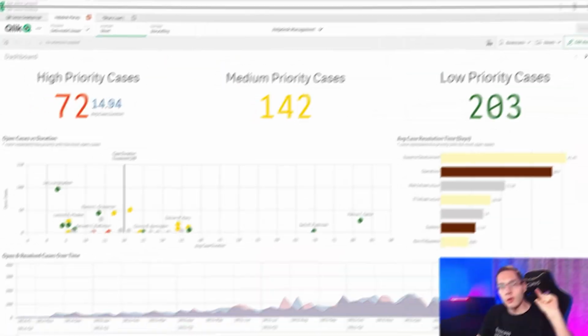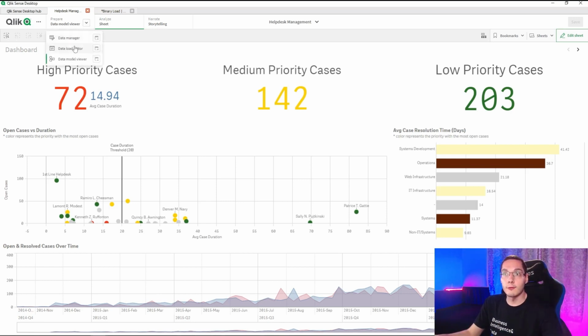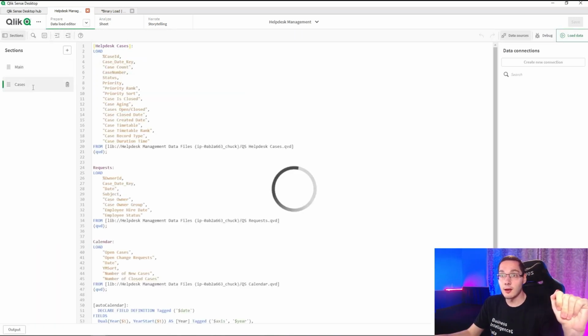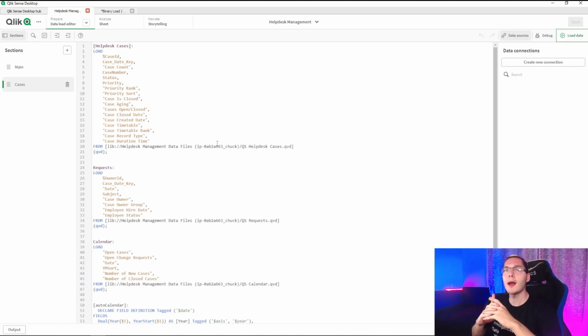But now let's see all of that in practice, okay? Do you know this Qlik Sense application? This is the Help Desk Management app, that is a demo available on Qlik Sense. It's a very good app for you to test your stuff, you know. And one thing about the Qlik Sense demos is that you can't load them again. So if you make a change to the script here, you cannot load, because the from statement here is from another file that we don't have access to. But we can solve this problem utilizing binary load.